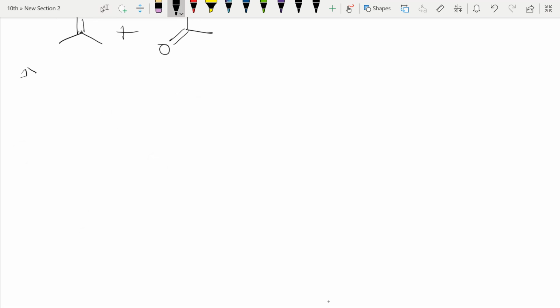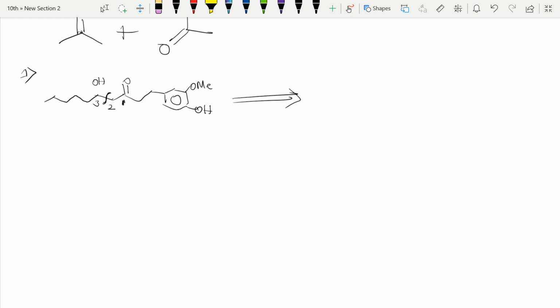My first example is CH3, CH2, CH2, CH2, CH2, C, OH I will take, and here CH2, CO, CH2, CH2, and here a simple benzene ring, and here OMe, and here OH. OH attached to benzene ring means it is phenol, and here I will do the disconnection. See, functional group 1 carbonyl, second 2, next 3. At the 3 position a heteroatom, that is OH, is there. So we will disconnect here. If NH is there, we used to disconnect here and do a Michael addition reaction. But here, since OH is there, we disconnect only here, which I have shown, right?